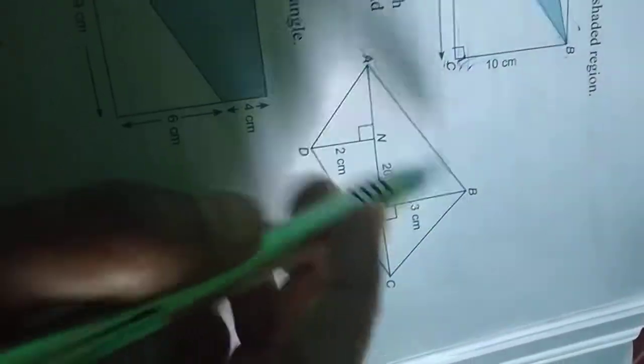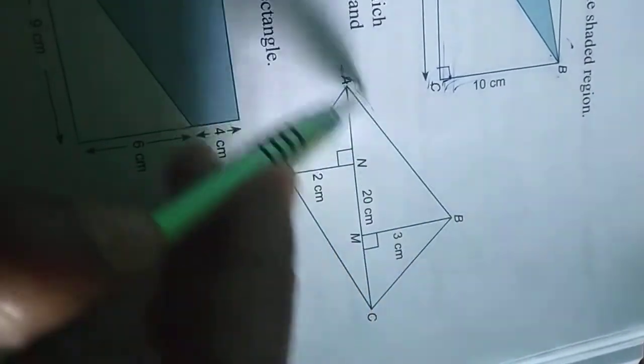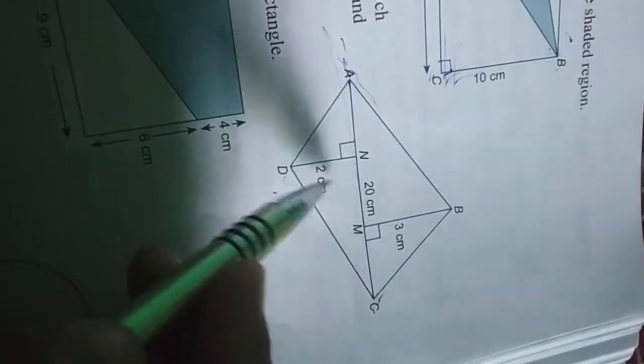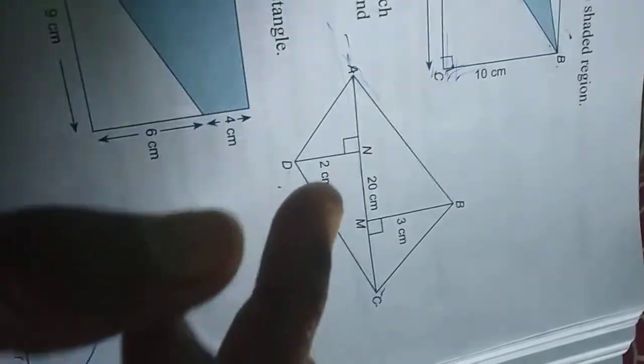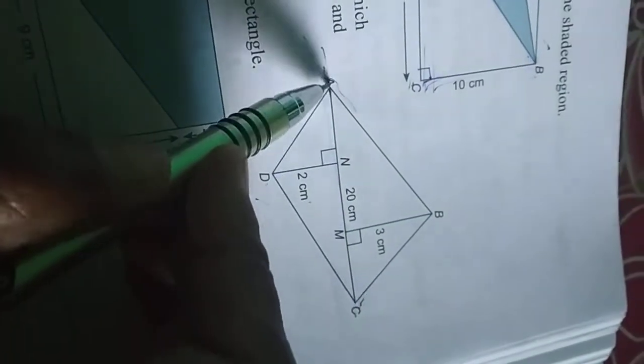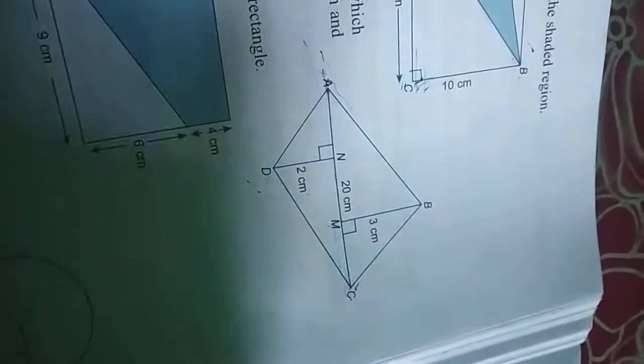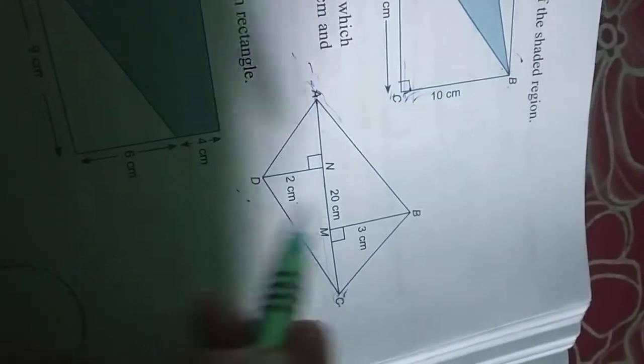And these 2 questions also try. It is very simple. You have to find out the area of this quadrilateral. This is not in the shape of a parallelogram. So area of quadrilateral means this is a triangle and here this is also a triangle. So if you find out the area of 2 triangles and add it, we can get the area of this quadrilateral. So how to find out the area of this triangle? Half into base into height. Base is given. And area of this triangle ADC, half into base into height. Height is given. Base is 20 only. After that you add these 2 triangles' area, we will get the area of this quadrilateral.